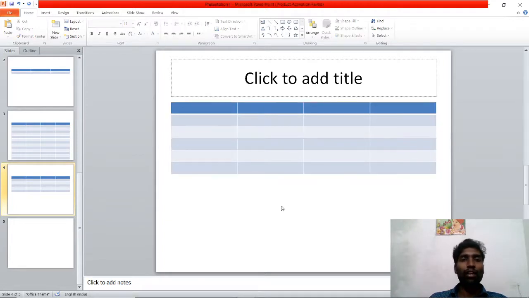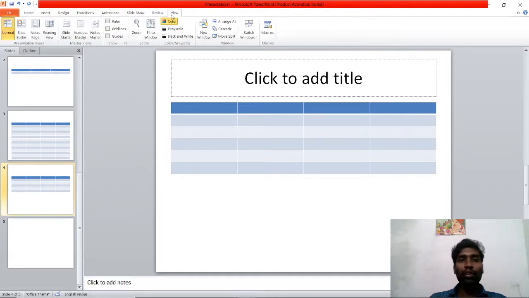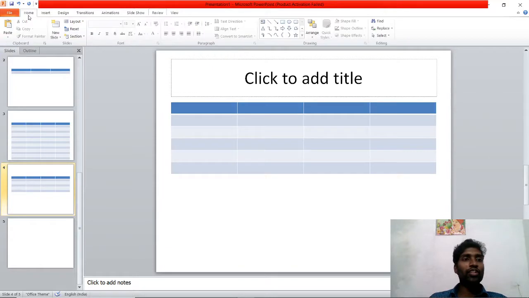First of all, if you want to format a table and you look at the menu bar, you will not get any option to format a table. If you want, you can check. Then how can we format? Very simple. First you should select the table. First you should click on the table. Now kindly notice the menu bar and title bar.